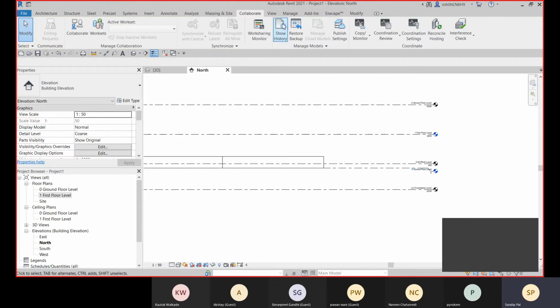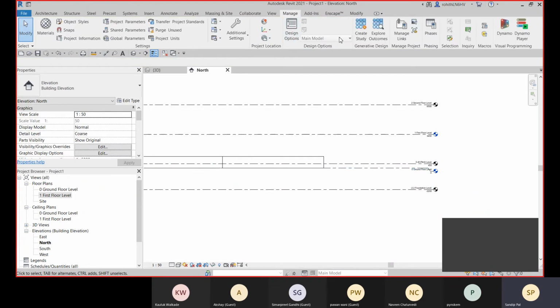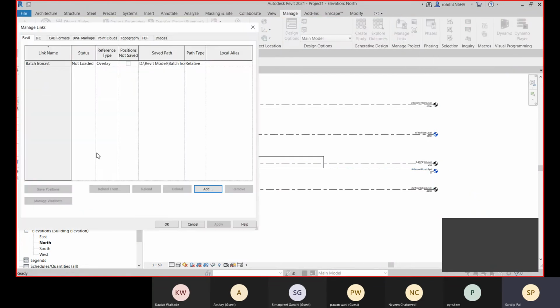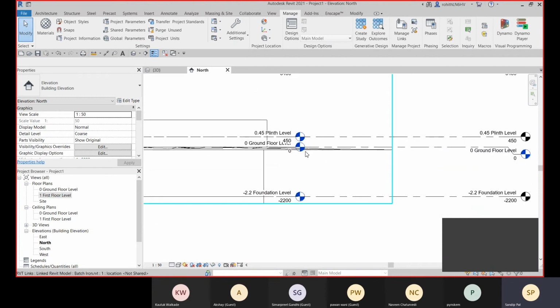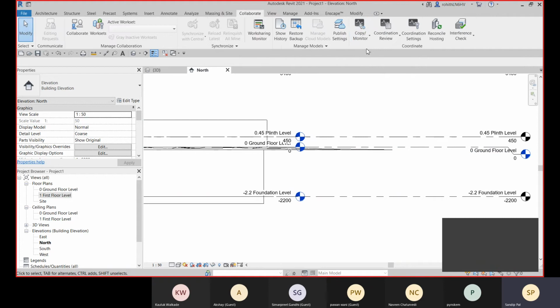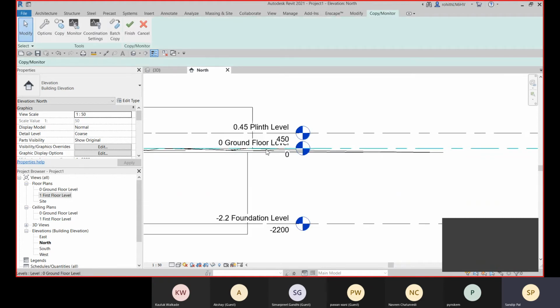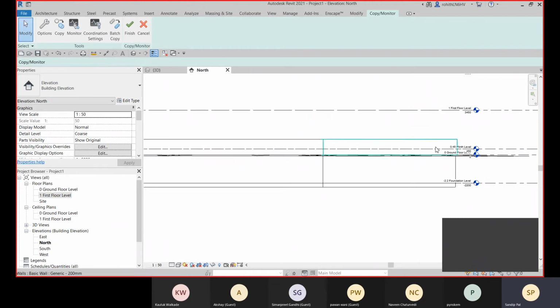Now let's go to Manage, the Manage Links option is there, and now let me select it and click on reload and click OK, and that is available here. And now let's go to Collaborate, Copy Monitor, select link, select this link, and we need to monitor this ground floor.